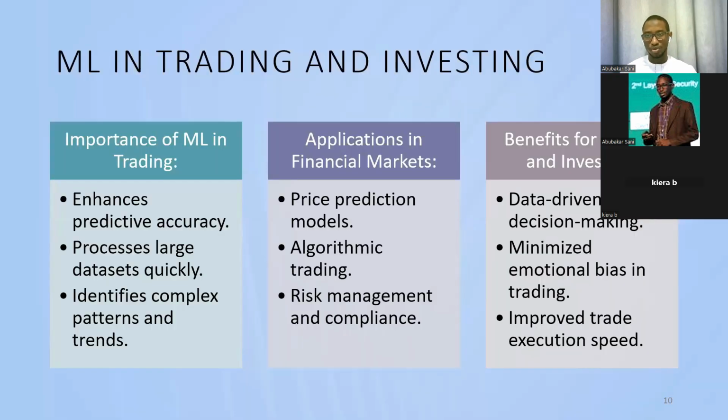So machine learning has been used in the context of trading and investing for a while. Why do they even use it? One reason is that it enhances predictive accuracy. Let's say I have some idea of how to trade in the market or how to invest. I will do my mathematics and come up with an idea of what the price of a certain asset is going to be. If I know this price, and then I have an AI system that was trained from historical data.